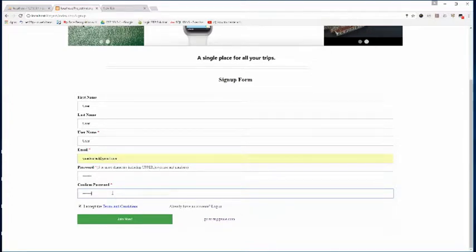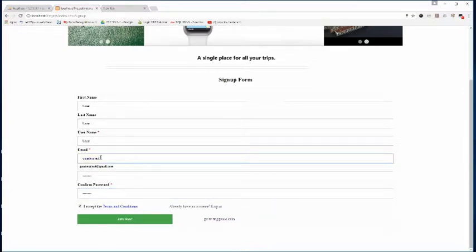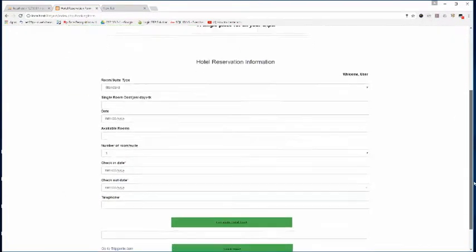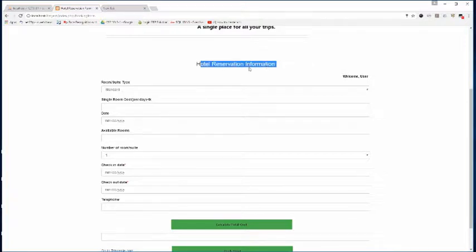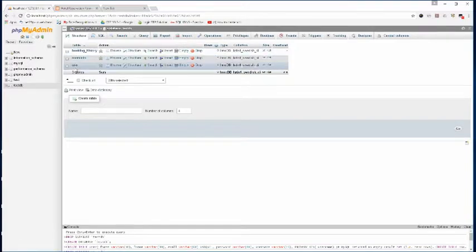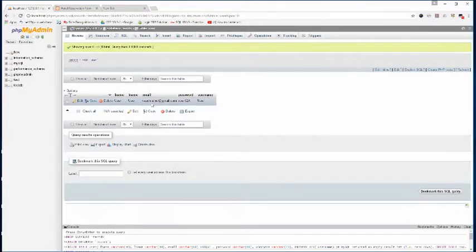Now if we insert an invalid email, such as there is no Gmail or Yahoo mail, then we have also provided an error message for that. Now we will press the proper email account and we will join now. So we can see that our joining is successful. We have successfully signed up, and we can see that we have already established welcome comma user, our name. It is welcoming us, and if we go to the database now, we can see that a user is already enlisted in the database in the user.